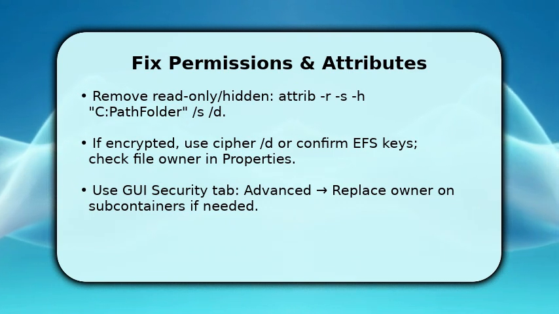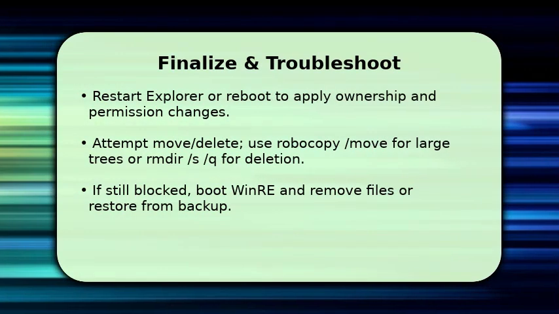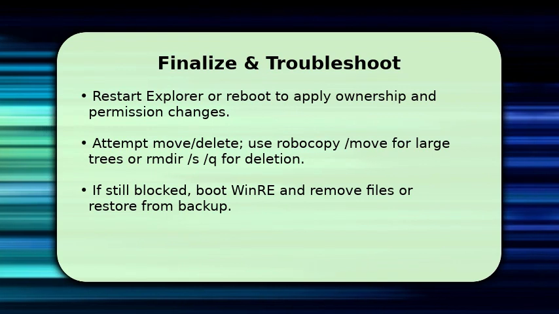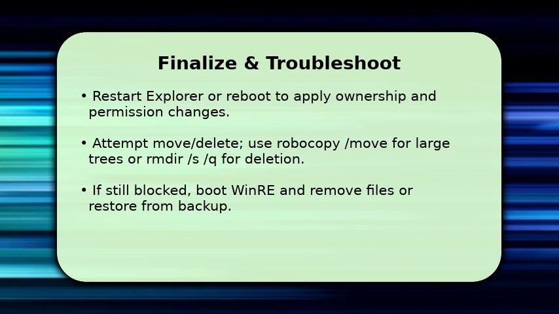Finally, apply and verify the result. Restart Explorer or reboot so handle locks clear and new ACLs take effect. Try moving or deleting the folder. For large structures, use robocopy with /move or rmdir /s /q to force removal. If access remains denied, boot into Windows Recovery Environment and remove the folder from a command